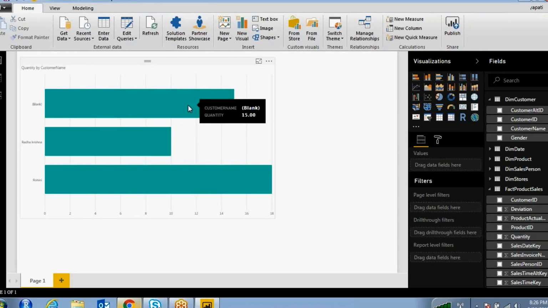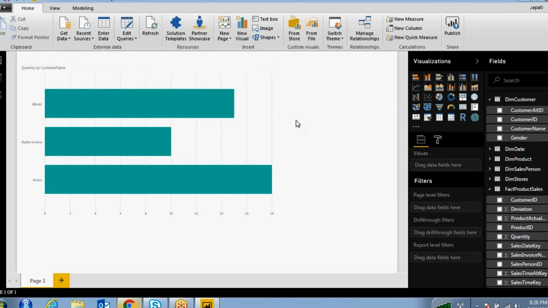If you share this with someone, when that person opens this report, if he wants to see female information only, he can filter the data, or if he wants to see only male data, he can select the parameter value when he opens this report in his Power BI Desktop.